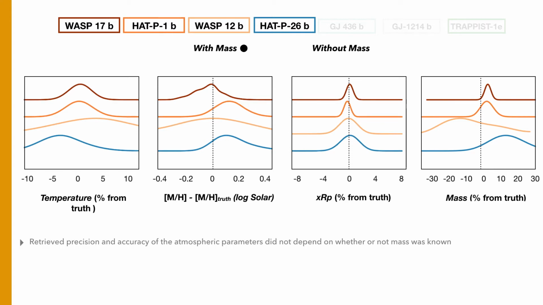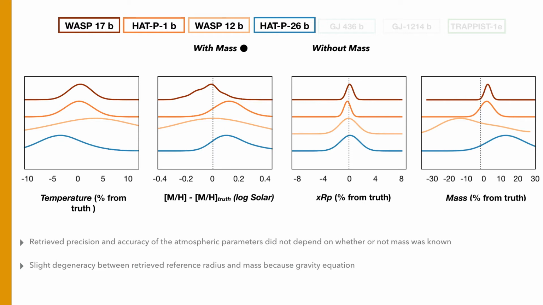But what you can see is that for these larger gas giant planets, the retrieved precision and accuracy of the atmospheric parameters did not largely depend on whether or not mass was known. Because remember, we have a good idea of what the mean molecular weight is. There was, however, a slight degeneracy between the reference radius and the mass, as you might expect, as they're related